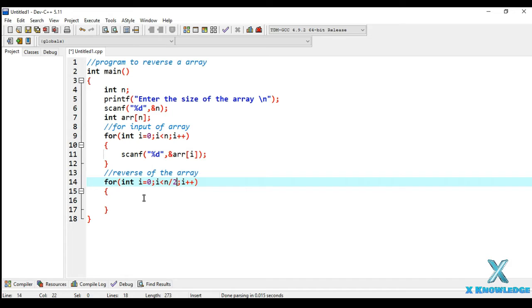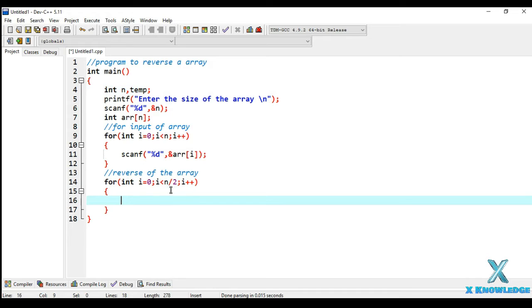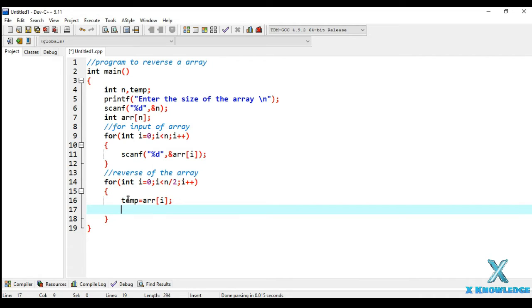So I will be storing the first element of this array. I will be defining a variable called temp. This stands for temporary, and I'm going to store the first element in this temporary, like arr[i]. Now what basically is going to happen is that the last element is going to come at the first position.